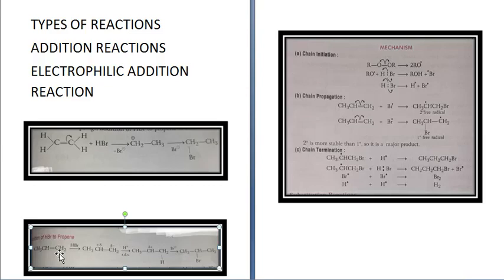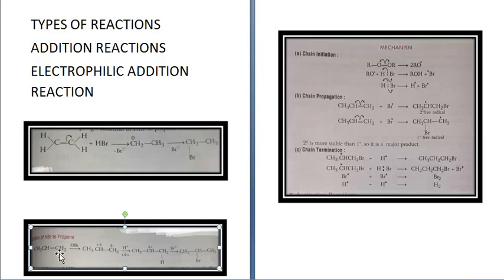The next is hydride shift, methyl shift and phenyl shift. Now these types of shifting in the molecules take place during electrophilic addition reaction in order to explain the stability of carbocation. Now order of shifting, the least shifting will be in hydride shift, then methyl shift, and then maximum shifting is in phenyl shift.